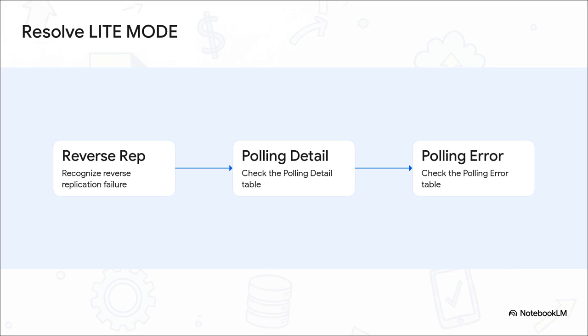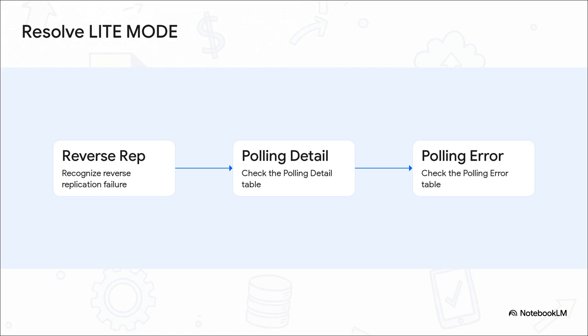What if the system yells, "Application is in light mode 4"? This actually happens when reverse replication fails beyond a certain threshold. Sounds a bit intimidating, right? But resolving it is a very methodical process. Step 1. Recognize that the threshold failure happened. Step 2. Go check your polling detail table. And Step 3. Check the polling error table. When you break it down into these simple steps, a really daunting system message just becomes a clear action plan